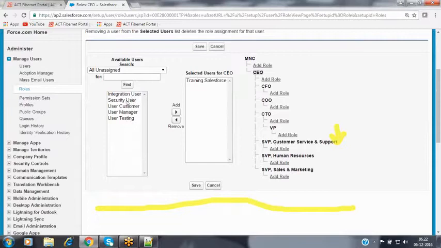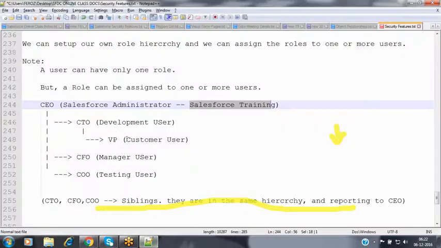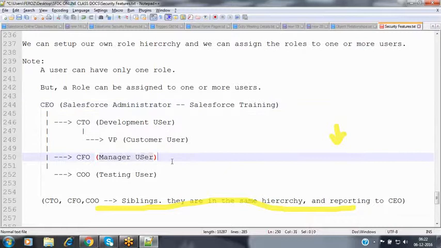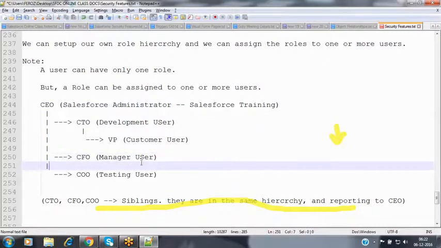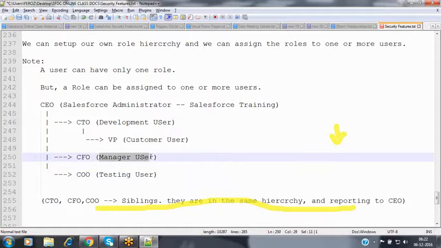In this case, we have the customer user, manager user, and testing user. Firoz, the users populated are those not assigned to any role, right? Yes, since a user is only allowed one role.